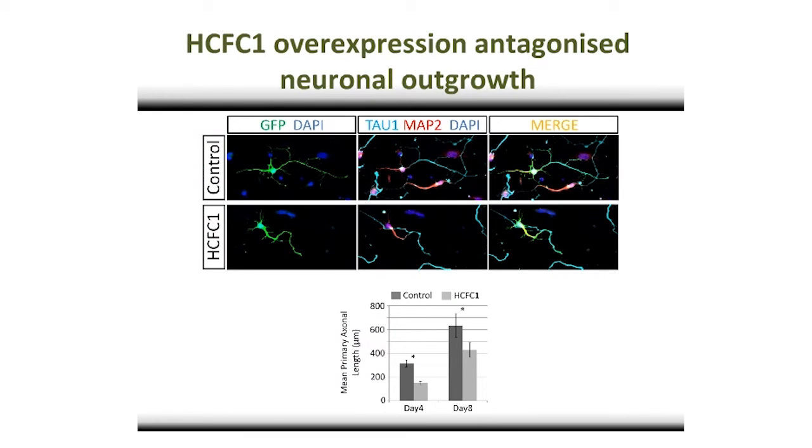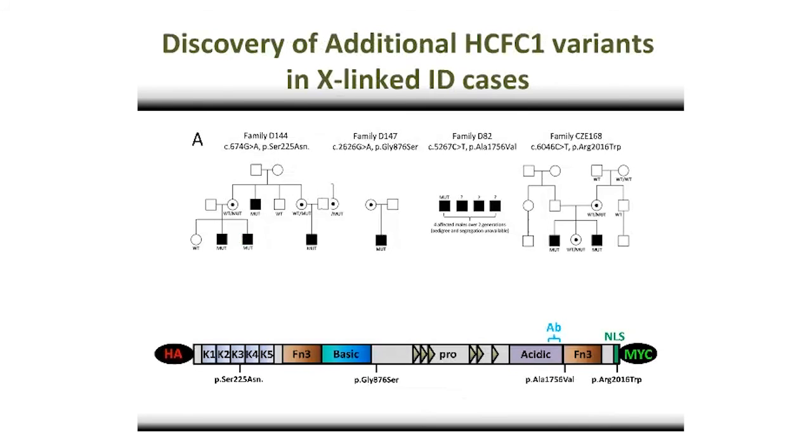Likewise, for the axon growth, you can just have a look at the kinetics of axon growth here, that when we overexpress HCFC1, we actually inhibit the ability of the axon to grow properly. So that for us was fairly solid evidence, both functional and some genetic evidence that HCFC1 was involved, likely the solution for that family, which ended over a 25-year diagnostic odyssey for them.